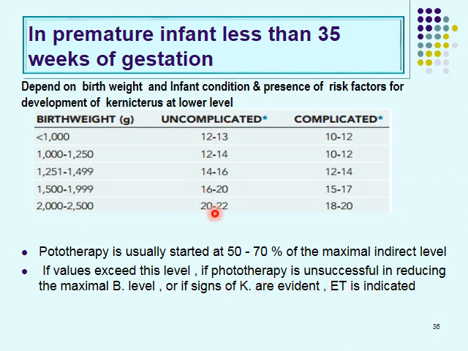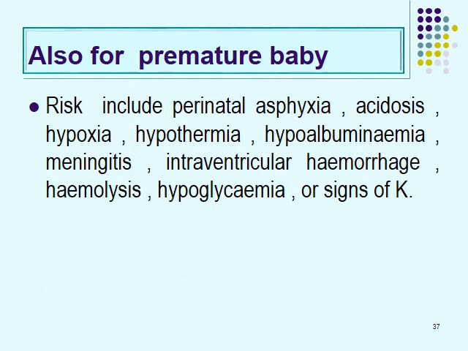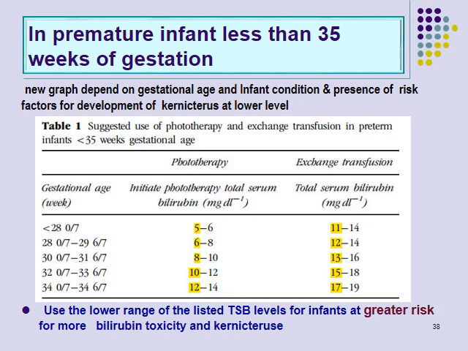So these are the exchange levels, and at 50 to 70% of this level we start phototherapy. Risk factors, as I mentioned previously, are asphyxia, acidosis, hypoxia, hypoalbuminemia, sepsis, meningitis, and so on. This is another